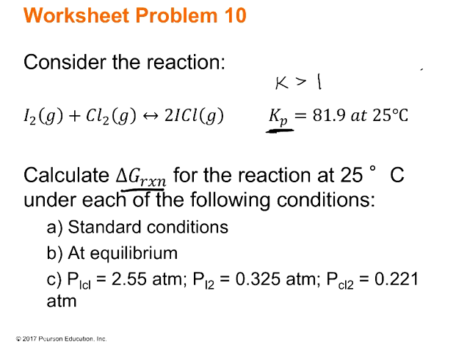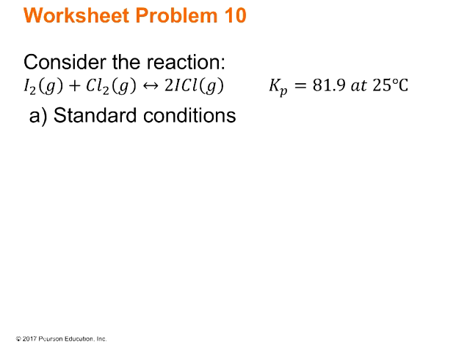So we're going to calculate delta G under standard conditions, at equilibrium, and then in the last situation, we have different pressures for each of the products and reactants. Okay, so let's start with A. If we're at standard conditions,